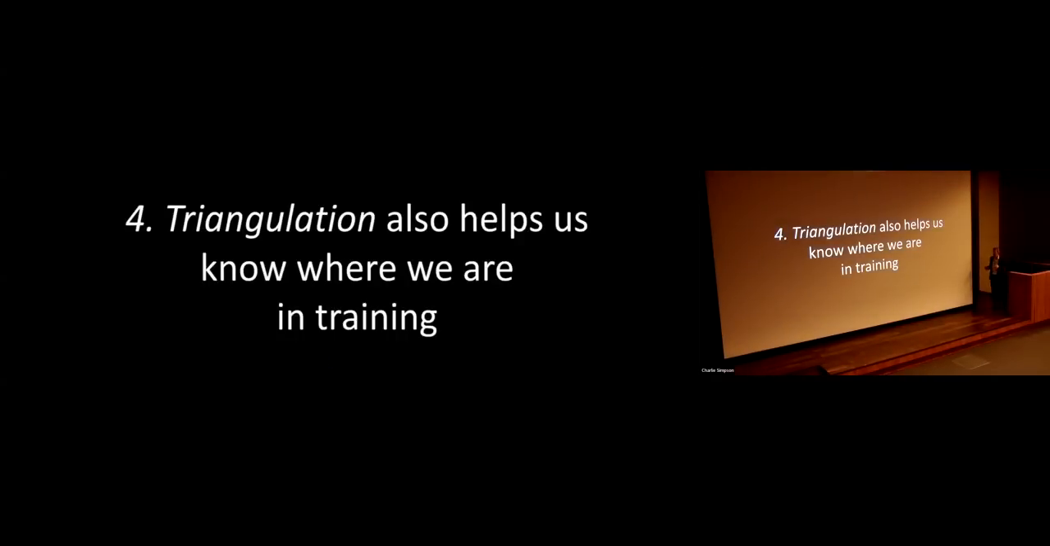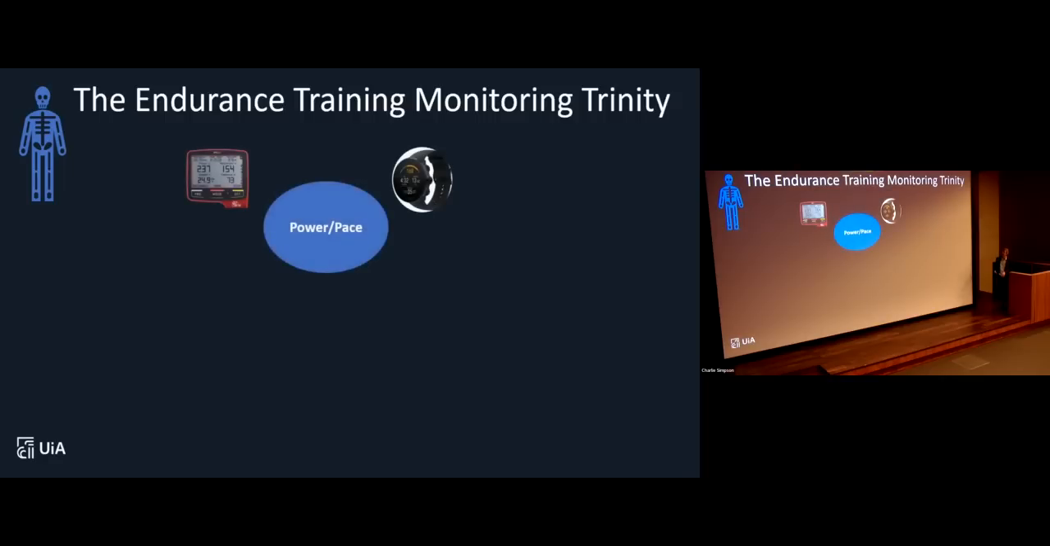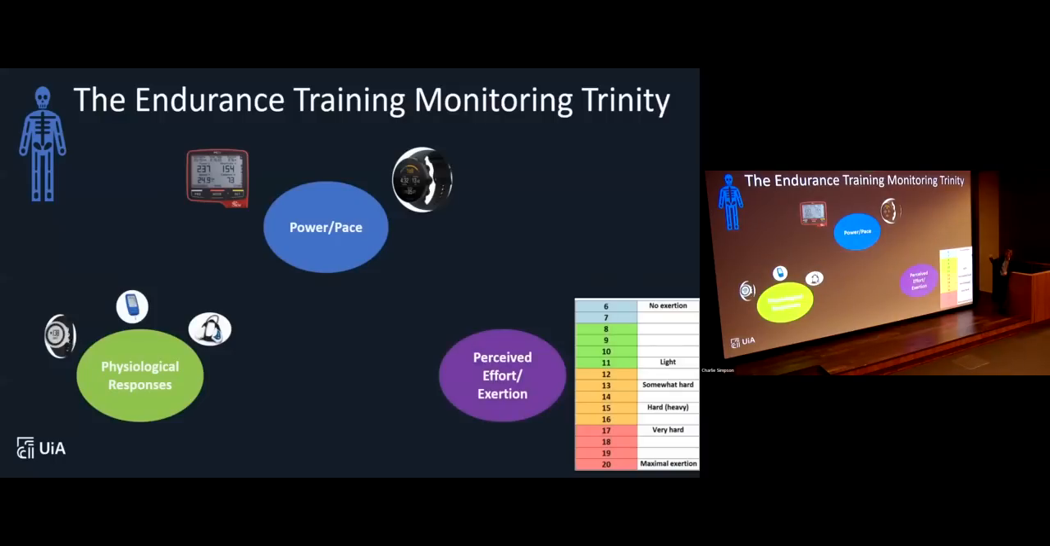Point 4, triangulation helps us know where we are in training. 25 years has told me that you can get enamored by various methodologies of measurement, the newest thing in heart rate variability or muscle oxygenation or whatever. I have not found any single measurement that can really serve alone as a tool for monitoring all by itself. And so I would argue to you that we do need to triangulate in some ways,